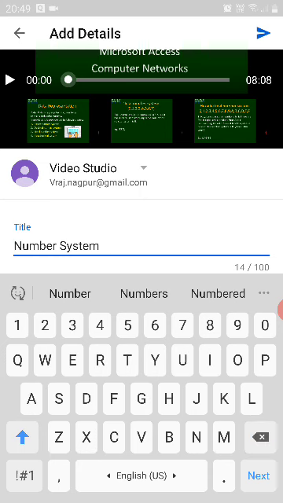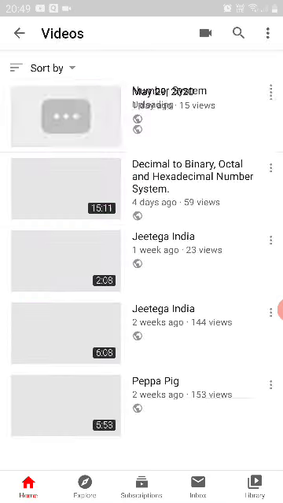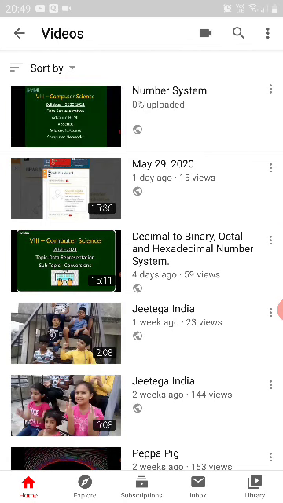On the top, you can see a blue arrow, as we used to get in WhatsApp or some other place. You have to click that arrow, and then you will see directly that the video starts uploading. It's showing here 0%, 6% uploaded, and this is the fastest medium to upload a video on YouTube.